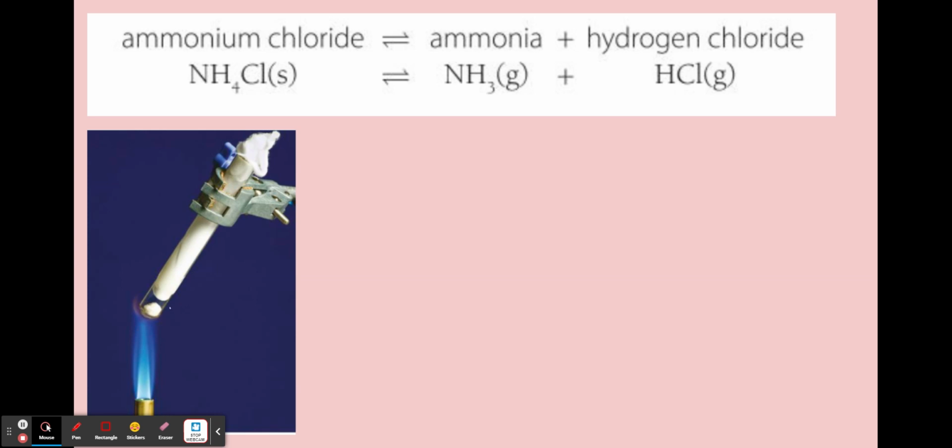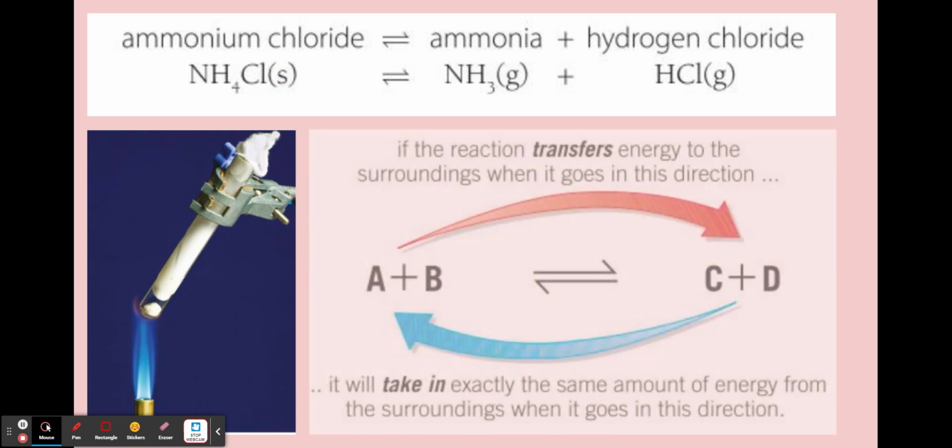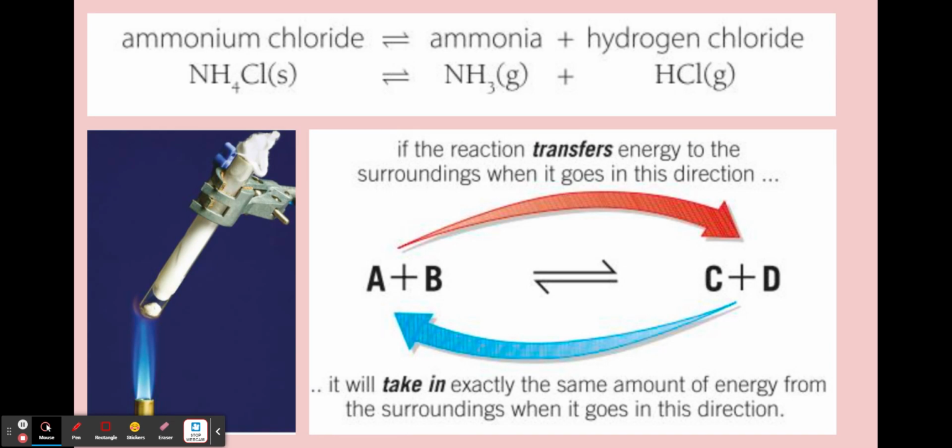And that's what's happening in this tube. The solid ammonium chloride here, you can see the S for solid, is being heated. It's becoming ammonia gas and hydrogen chloride gas, which are moving up the tube. And as they cool down, they turn back into solid ammonium chloride, which forms on the sides of the tubes. So in this example, heat going in will move the reaction to the right, and cooling down will move it